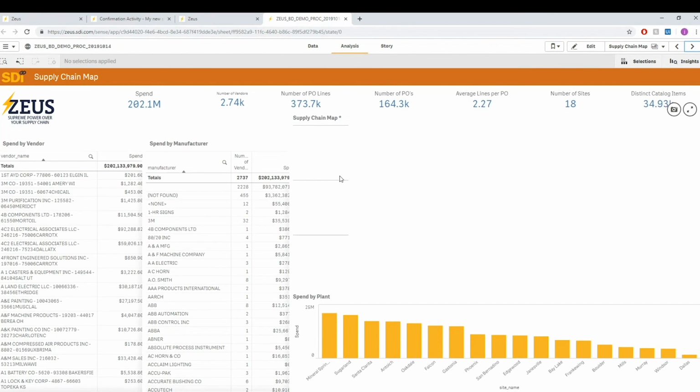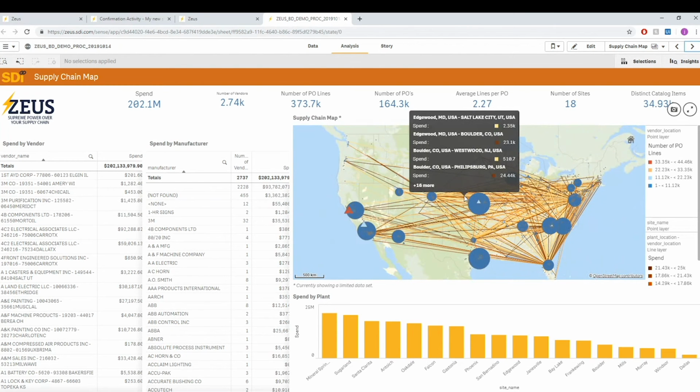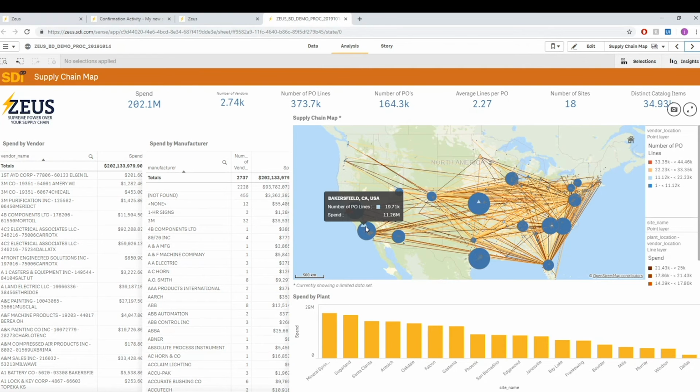So another thing that we were able to do with this is develop what we call the supply chain map. Now, anyone who works in supply chain and logistics would love to see something like this. It basically tells you, hey, these circles represent client sites, and these triangles represent vendors, and the lines are all the distance that the shipment has traveled. There are plenty of use cases for this: reduced time to delivery, reduced freight costs,